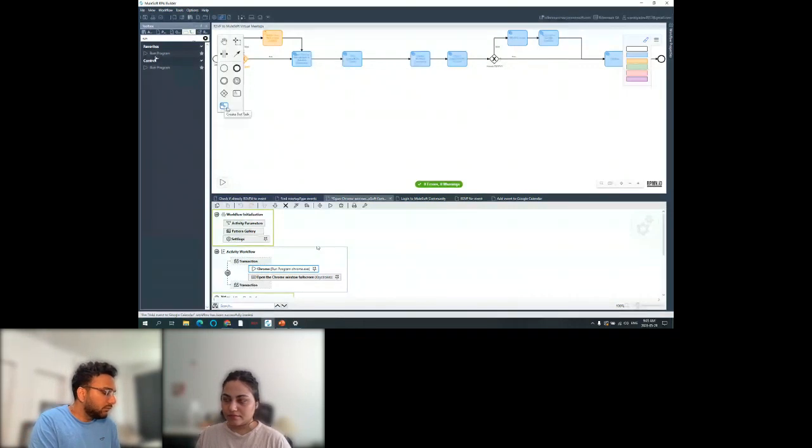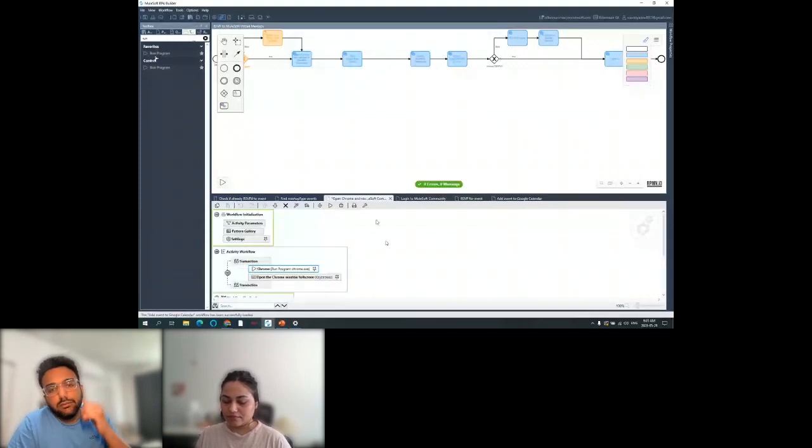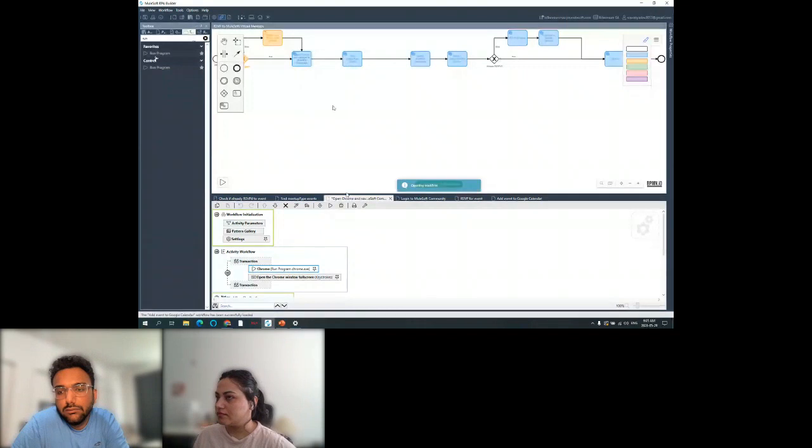But what is this? It is a bot task. Whatever you are seeing here is a bot task, and for each bot task you can create workflows. It's just like a flow or a private flow or a subflow. If you want to do certain activities in one particular bot, you can divide them. You can do everything in one bot, but I don't want to, because if anything breaks, I have to change everything in this particular bot. So I'm dividing this series of steps, like logging into the MuleSoft community, searching for the event, into different bot tasks.